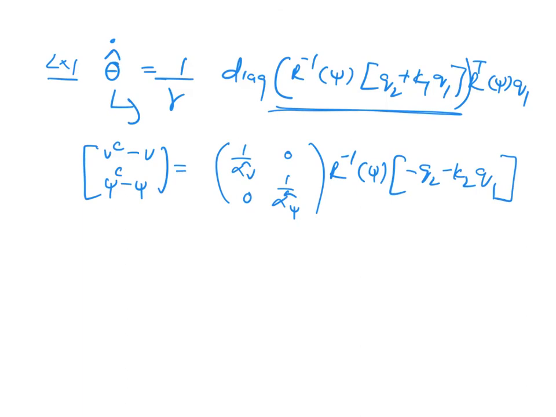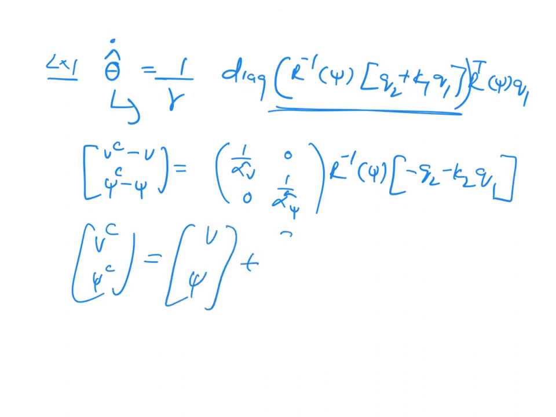So remember now V commanded minus psi, we have to compute for this. So this will be V commanded minus psi commanded equals to V plus psi. So original value, whatever that value is, plus this. So that's your controller, which I think I might have made one error in putting this R transpose psi